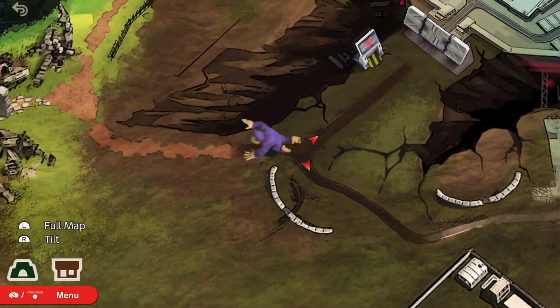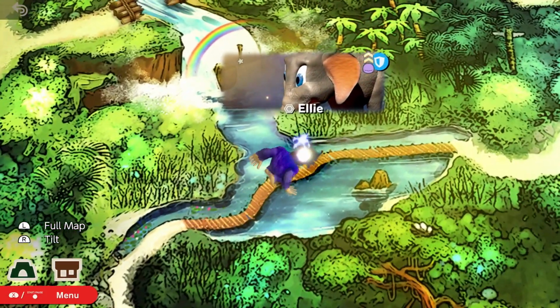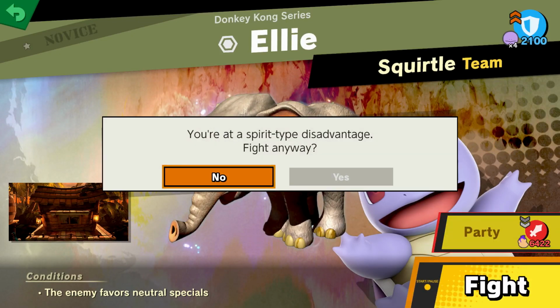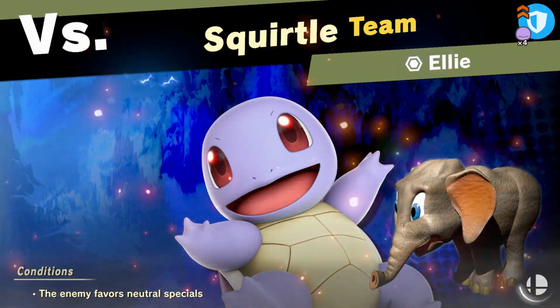The next thing we're going to do, the next opponent we're going to take on, over on this bridge here, is Ellie the Elephant from Donkey Kong Country 3. This was one of the animal companions. There's nothing more ridiculous looking than seeing Kiddy Kong, a giant man-baby of an ape, riding on this tiny little